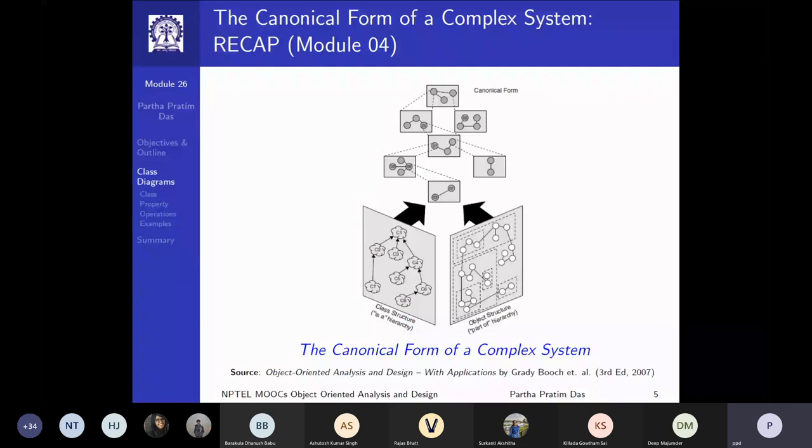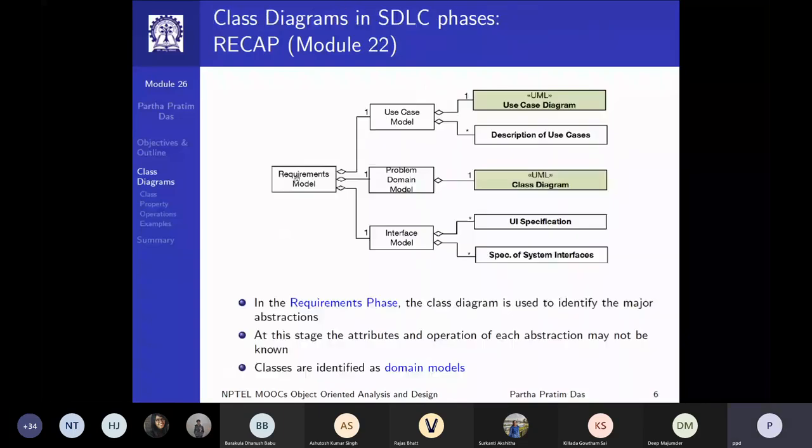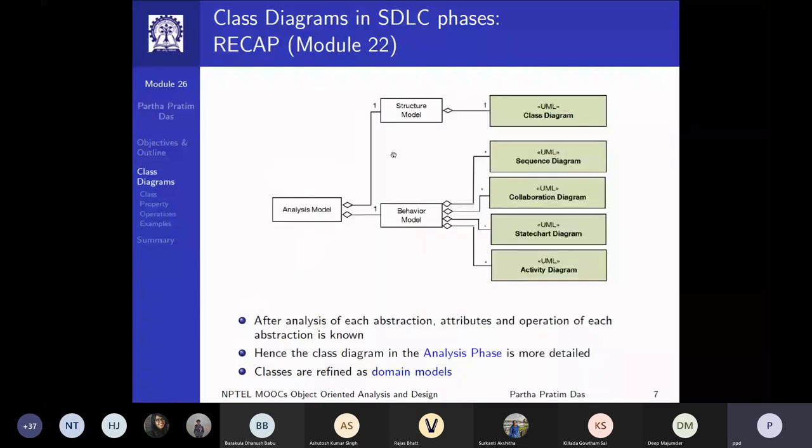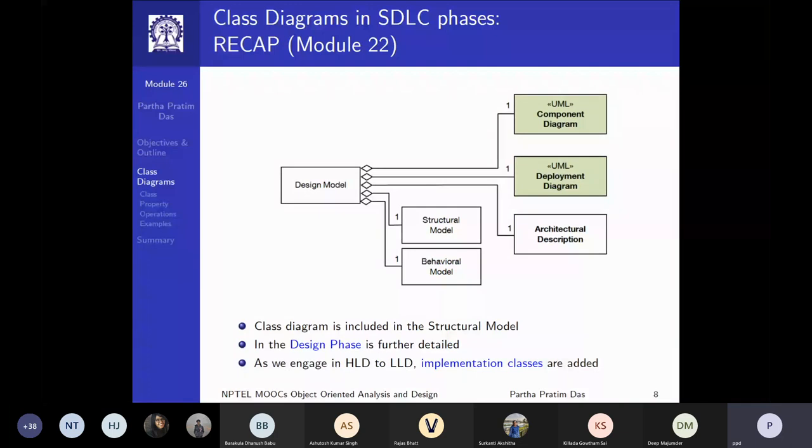This was primarily introduced by Grady Booch, one of the initial promoters of UML, and that's where I've taken this diagram from. And we have already seen that the class diagram is a problem domain model to be used in the requirements phase, as well as in the analysis phase as a structural model. It's primarily a structural diagram. And finally, in the design phase as a design model, right? So the same class